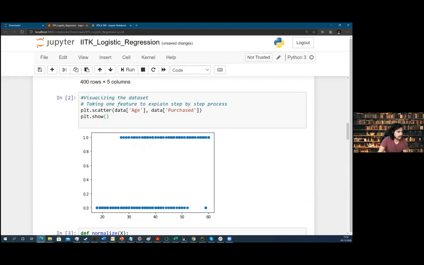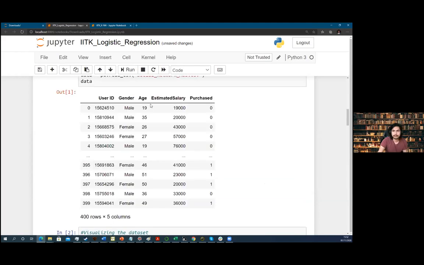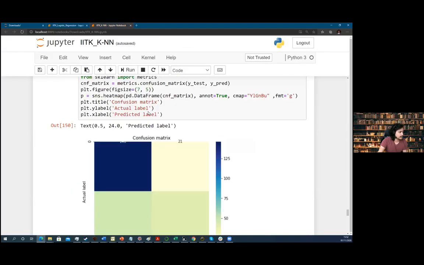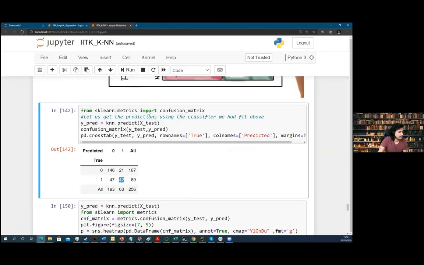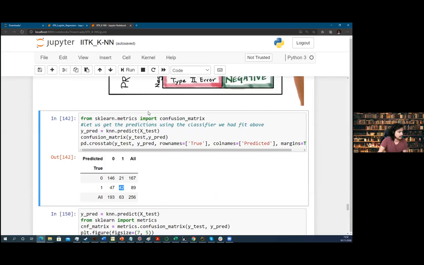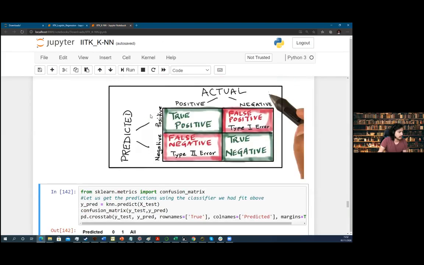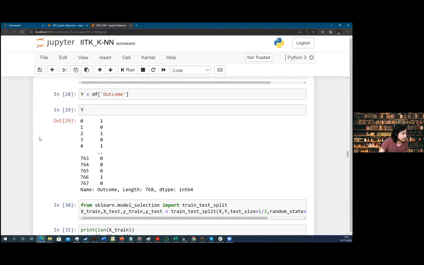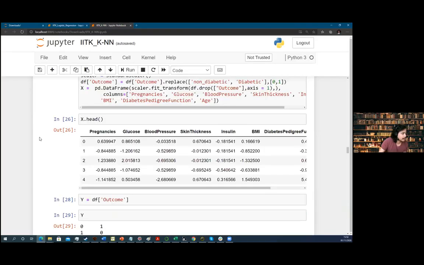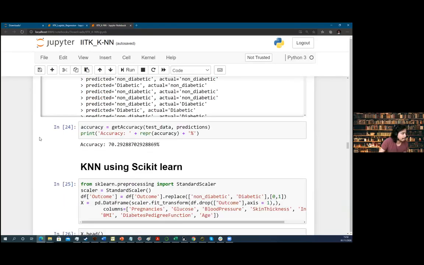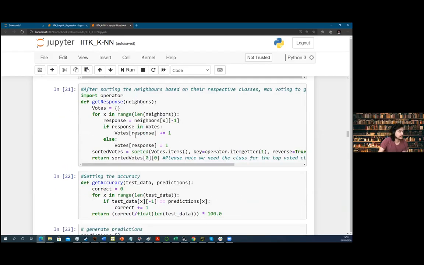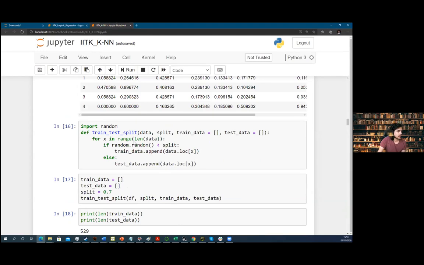We are using the sklearn function for this one. Are we using train test split from sklearn, or are we using our own definition? We are using our own definition here.